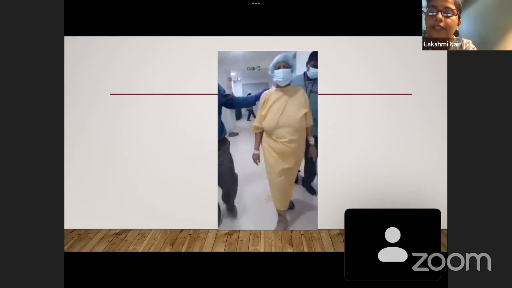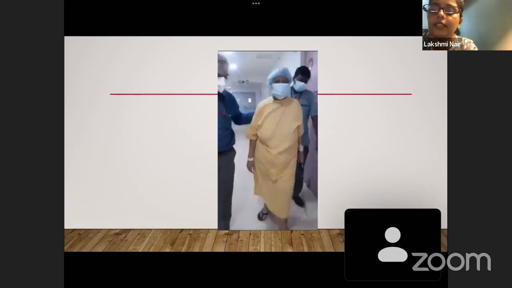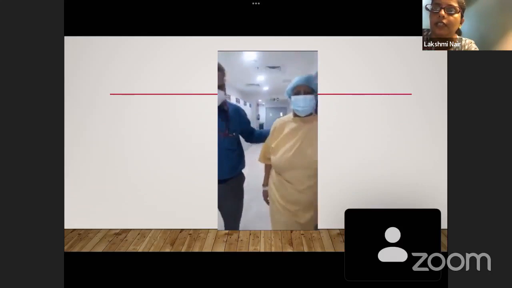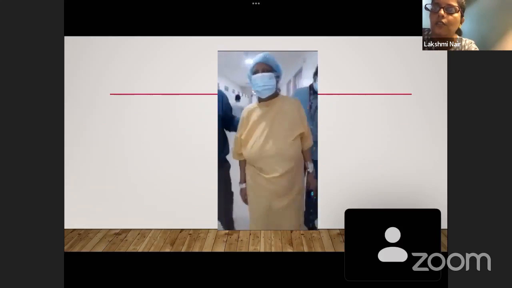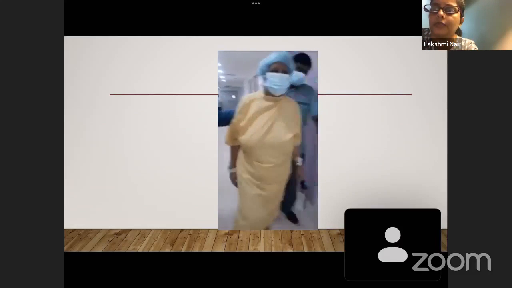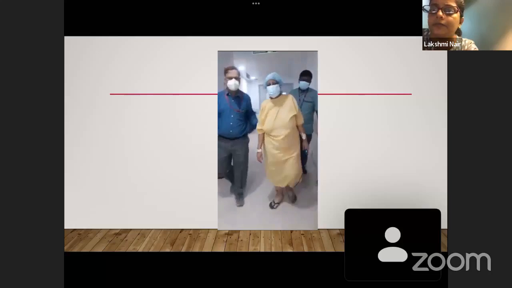She had an infection flare-up, that's why she was admitted again. But she is recovering. This time we will be reporting her with oxygen support because of the infection flare-up only. She's off oxygen and taking exercise now.